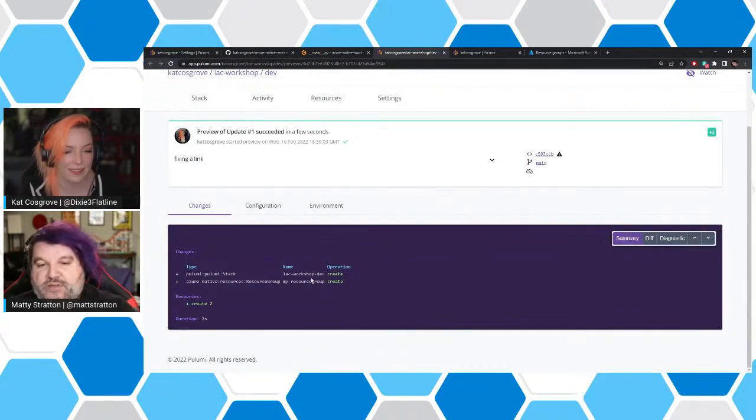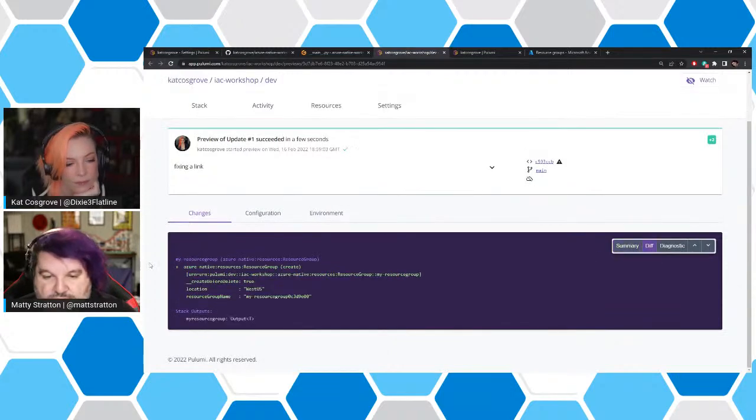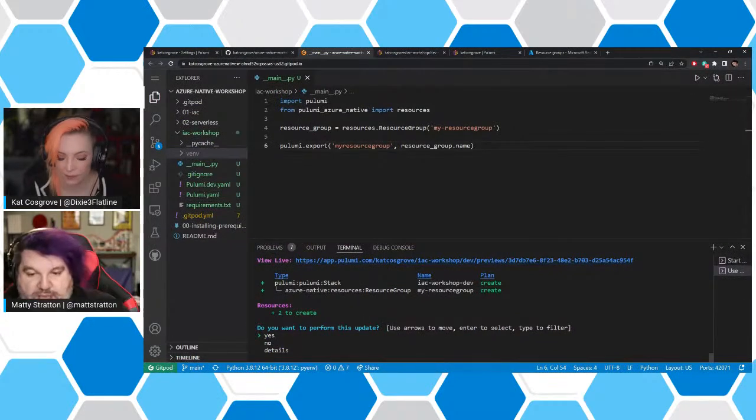Also, the other difference is that we talked about seeing the back end. So everything that we're seeing there is available on the web. If you were to click the diff, you can actually see the very detailed, specific things of what it's going to do. Now, let's go ahead and run our Pulumi up.